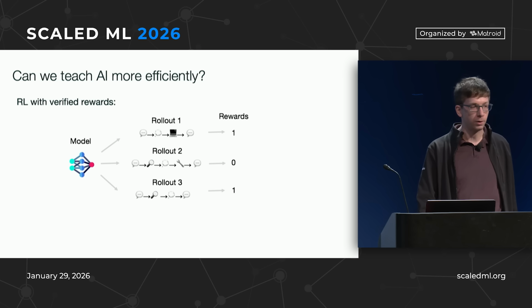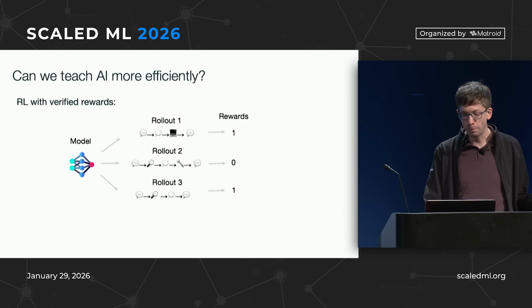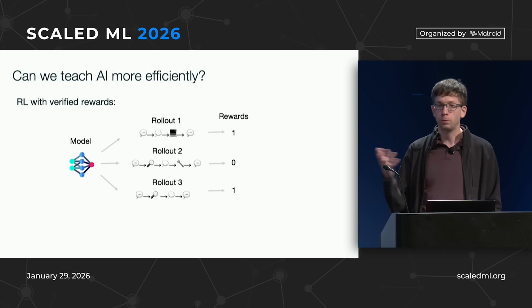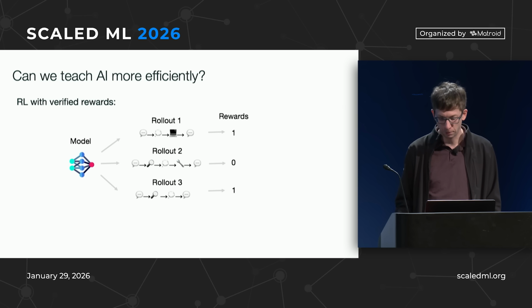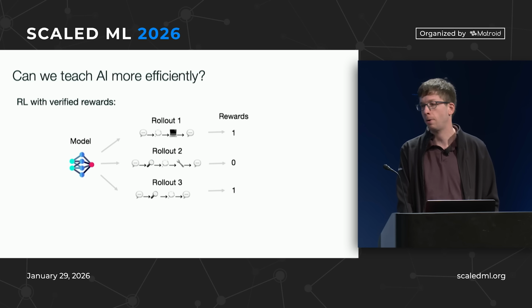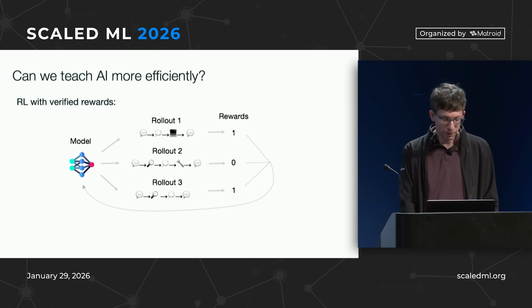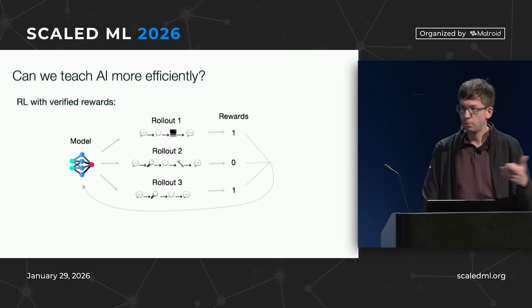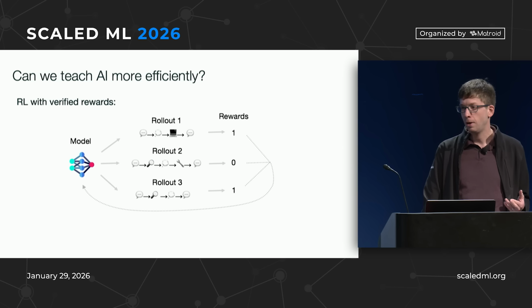So what can we do to make it more efficient? Let's look at what happens with reinforcement learning with verified rewards as an example. Basically, we have our model. It attempts a task several times, and during that, it might be calling tools and doing other things. That's what I call the rollouts. And then at the end, you get this numeric reward, let's say just 0 or 1, based on whether you got it. Then you take these and you differentiate your model and try to update your weights based on that gradient.